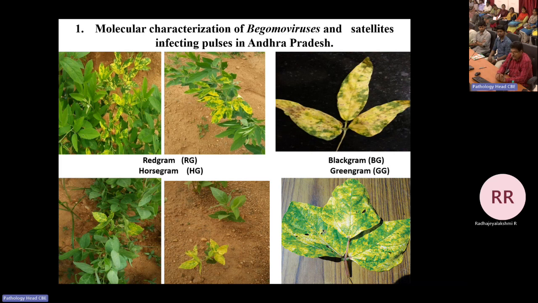One more problem with Andhra farmers is that they prefer a shiny black gram variety, with glossy, shiny seeds. Otherwise, I think in Tamil Nadu and in North India as well, they use normal black gram. But our farmers prefer shiny, and these varieties give more income, maybe 200 to 500 rupees extra per quintal. Due to the lack of shiny varieties and the lack of a resistance source, there was pressure from the government as well as the university to solve this problem for Andhra.